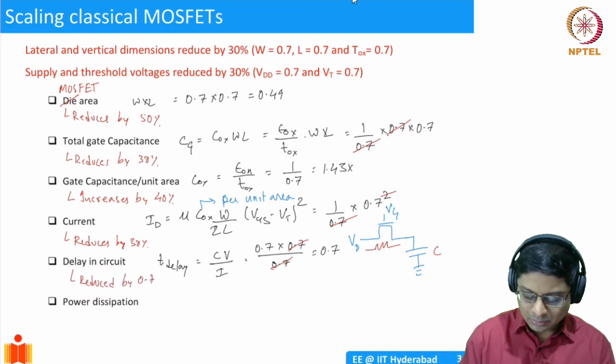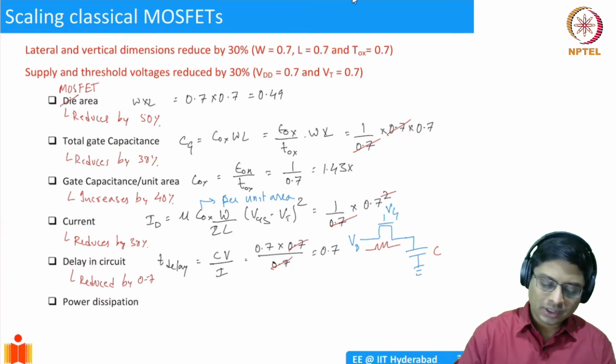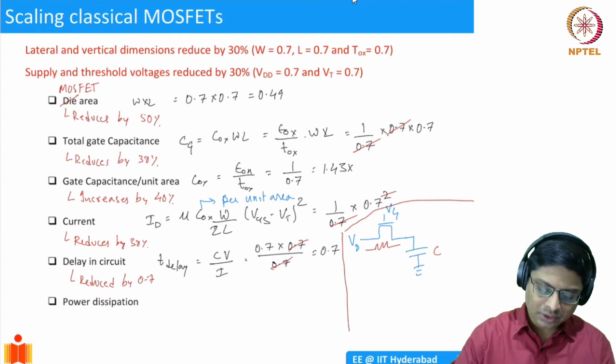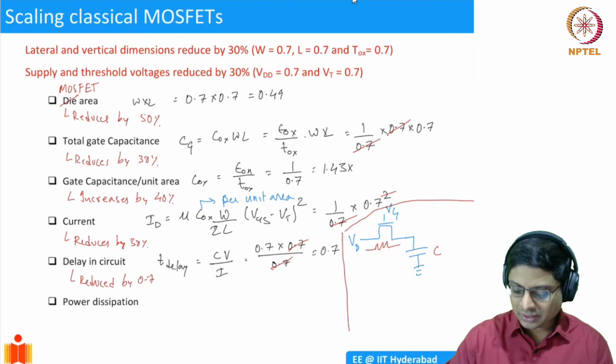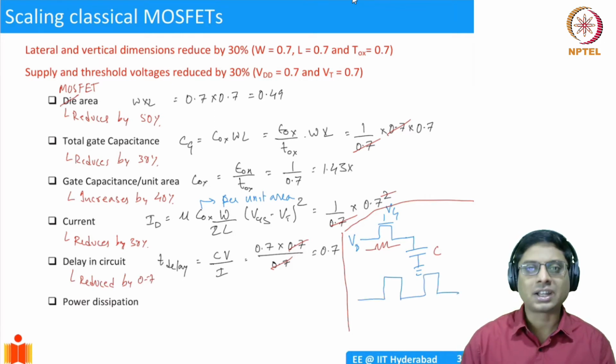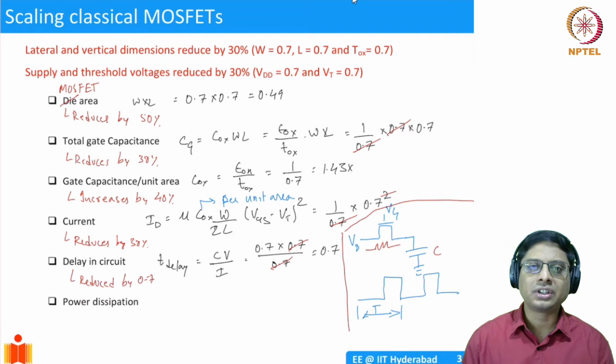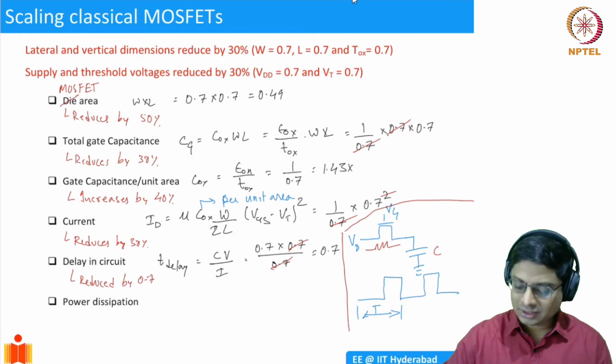Why is this important? Well, the reason it is important is in a digital circuit, let me try to demarcate this out. In a digital circuit, you will have switching behavior, like you'll have an input which switches and so on, right? You'll have cycles like this. So the time delay, this is going to be a T, and the frequency of operation is going to be determined by the time delay. Simply, frequency is going to be inversely proportional, 1 over T, right?